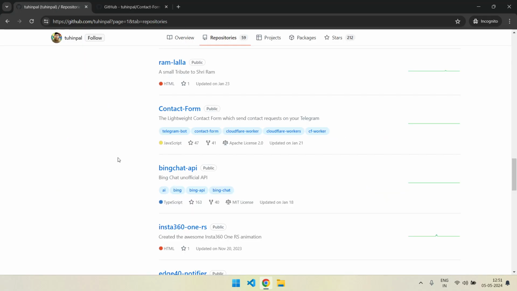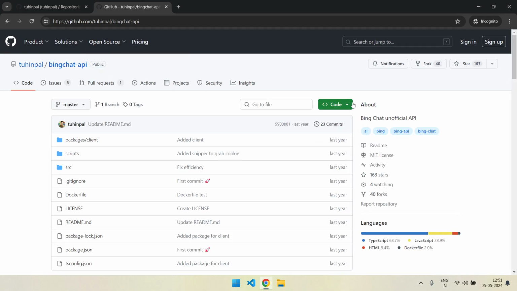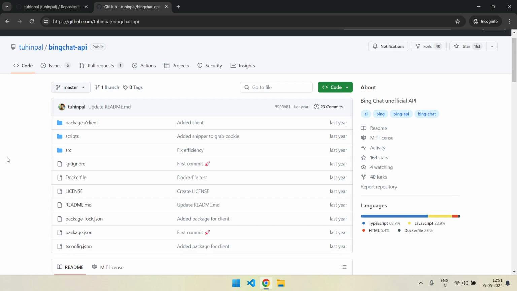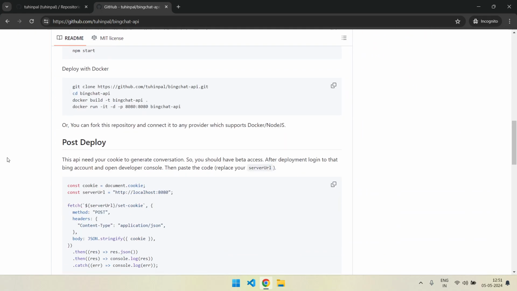Next is Bing Chat API. Bing released their API last year, their LLM offering, I think. When it was released, I think this was the second repository to make the Bing Chat unofficial API. I tried to create it very efficiently.